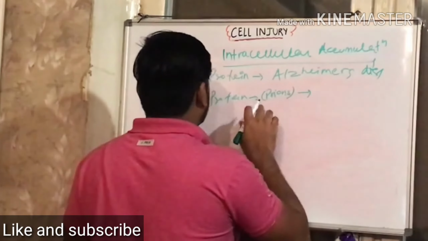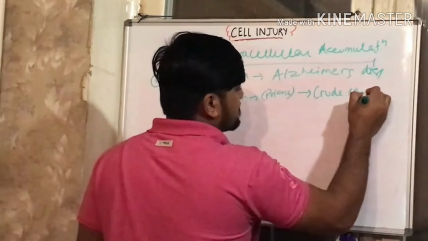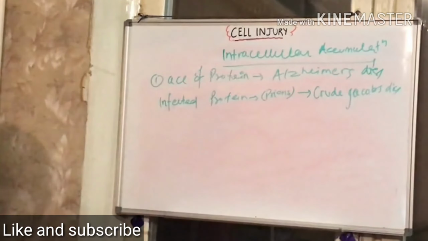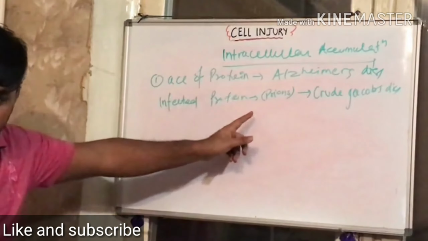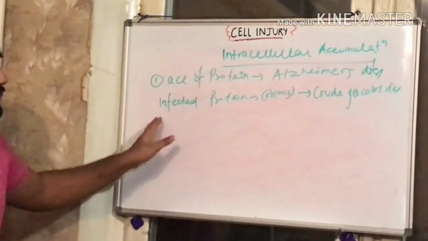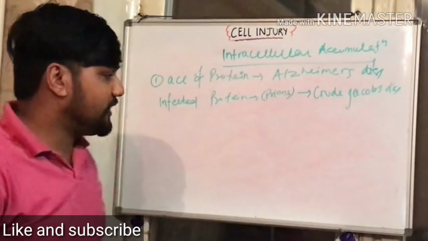Accumulation of infected proteins is seen in Creutzfeldt-Jakob's disease. So two things, I will repeat so that you can remember. Accumulation of protein is Alzheimer's disease. Accumulation of infected protein or prions is Creutzfeldt-Jakob's disease. Okay, the third one,